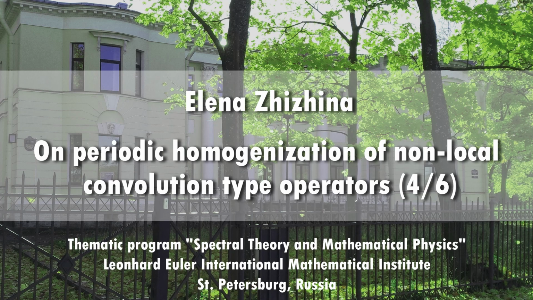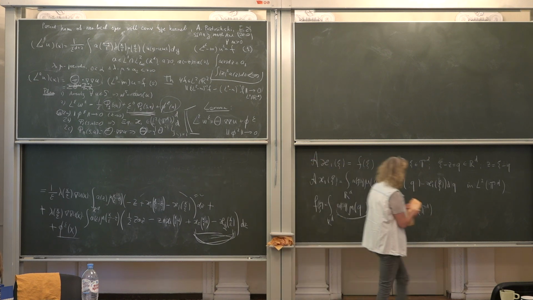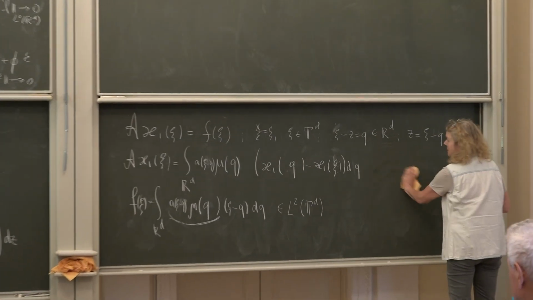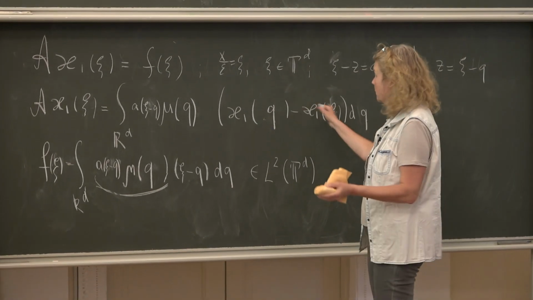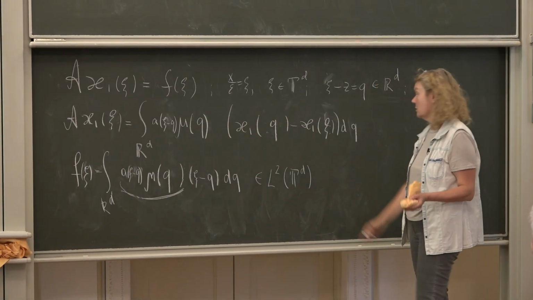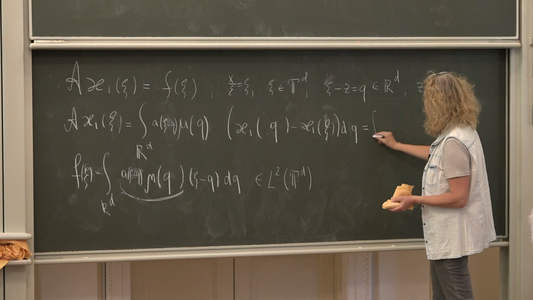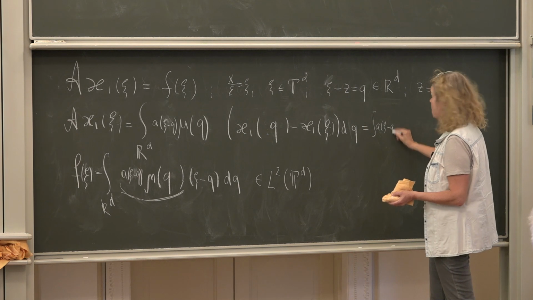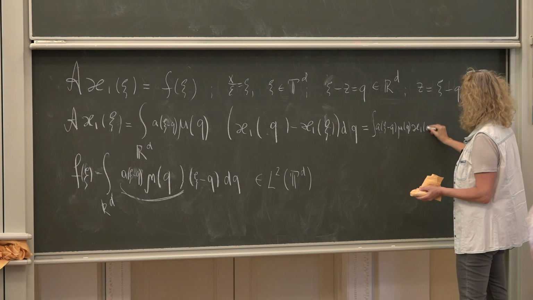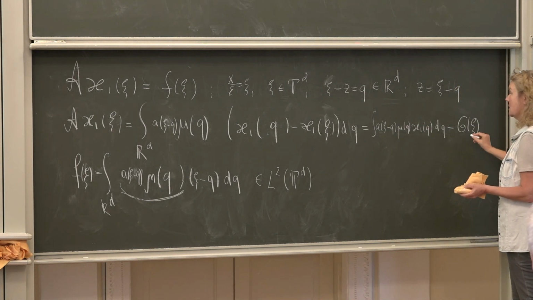So now we continue, and now we look at operator A as an operator in L2 on the torus, and we can write this operator as a sum of two operators. The first one is an integral operator, and the second is the operator of multiplication by a function. So this is A psi minus Q M Q kappa 1 Q dq minus, I write in this way,